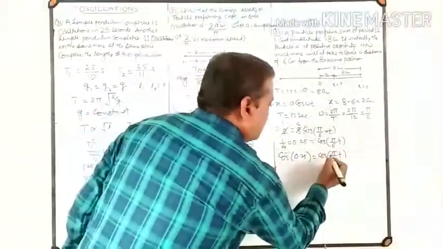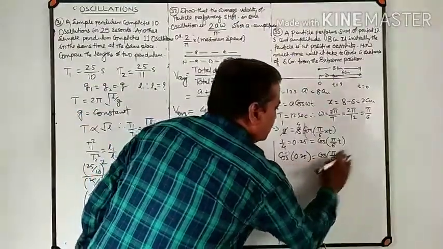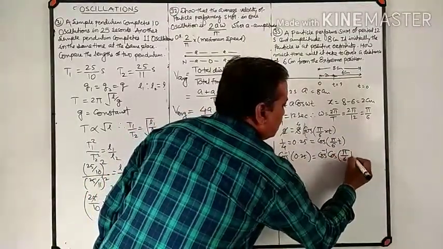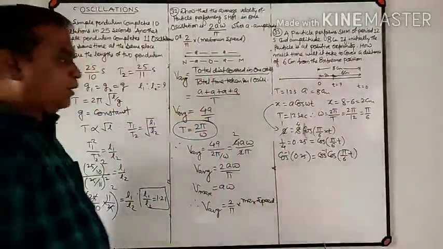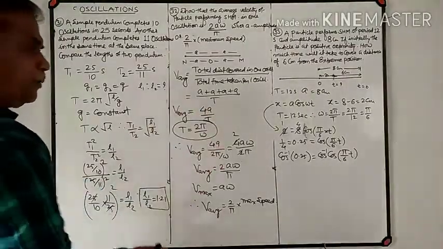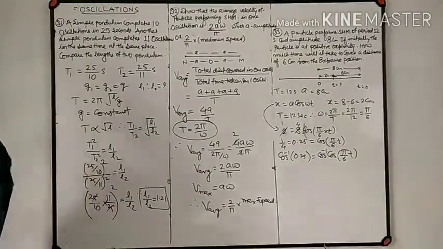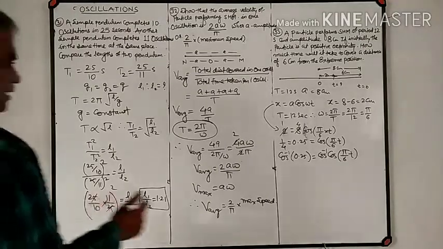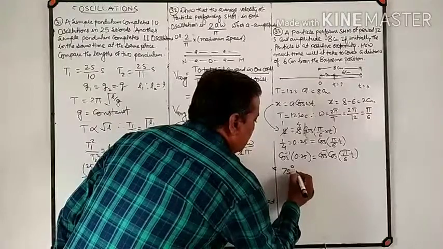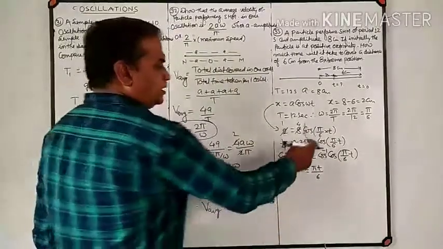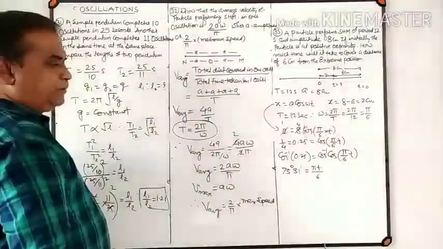Now here cos inverse of cos of pi by 6 into time interval t. Now find out the value of cos inverse of 0.25. What is cos inverse of 0.25? It is found to be equal to 75 degree and 31 minute. 75 degree and 31 minute is equal to pi t divided by 6, since cos inverse and cos function nullify the effect of each other.